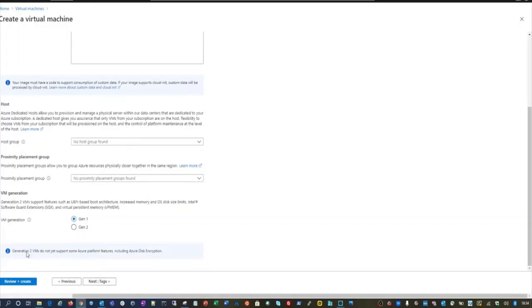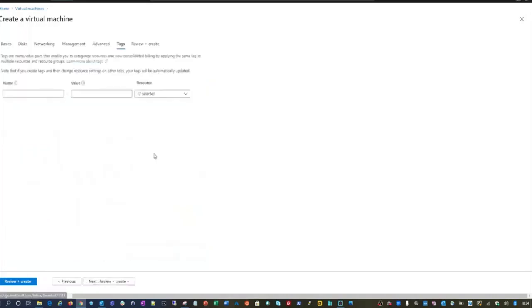So I will have this Gen 1 VM. I can create some role here, so I can select Active Directory. I'm adding a tag here in case I later want some policies applied, and you can select that later on as well. It doesn't matter.